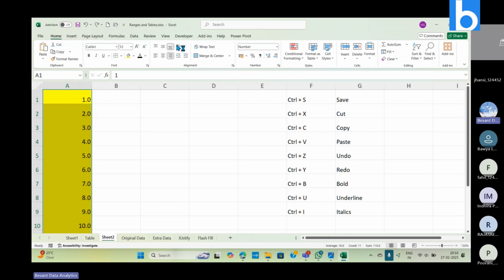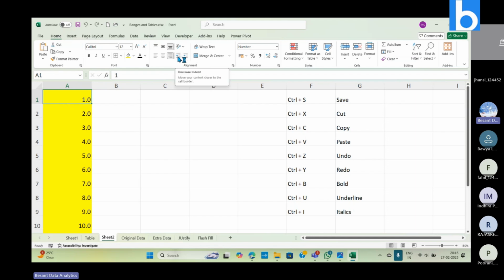Now, after all this alignment, you have something over here as indentation. Indentation is nothing but, in this A1 cell, you have lots of space just before the value 1.0, to the left of it. Either you increase the space or you decrease the space. The space is called your indentation. So you have two options over here: one is to decrease, another is to increase. If I go ahead for decrease,